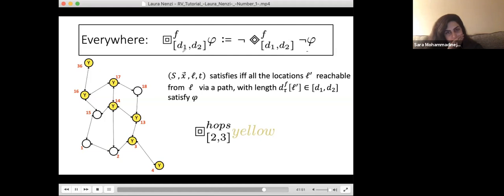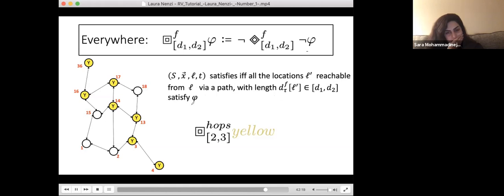So a spatial model and a spatio-temporal trajectory satisfy the everywhere property in location L at time t, if and only if all the locations L prime that are reachable from L via a path with a length that belongs to the interval D1 and D2